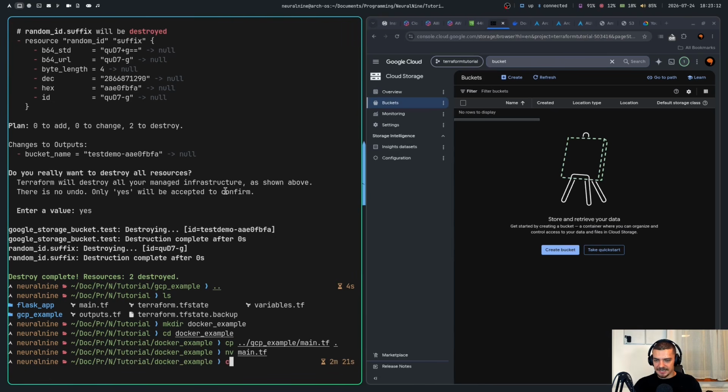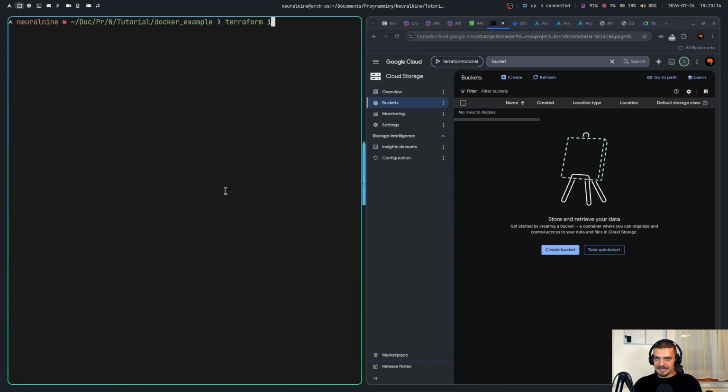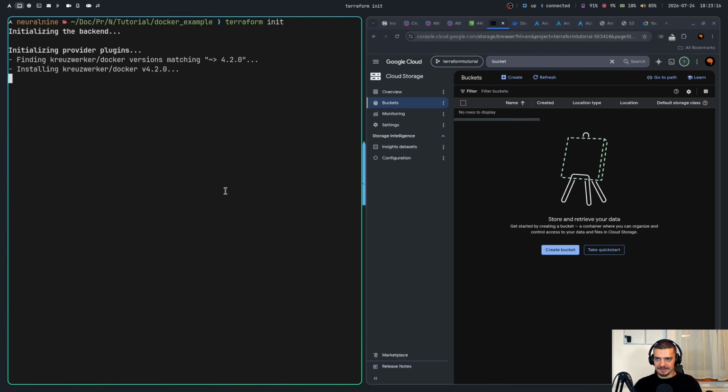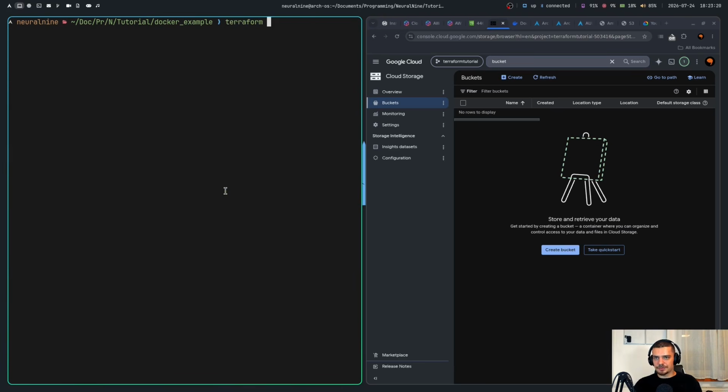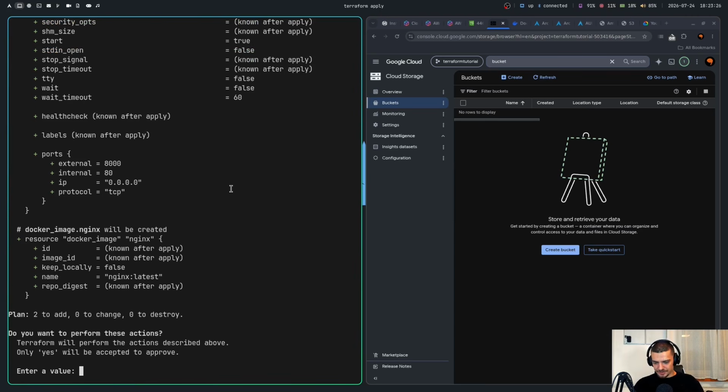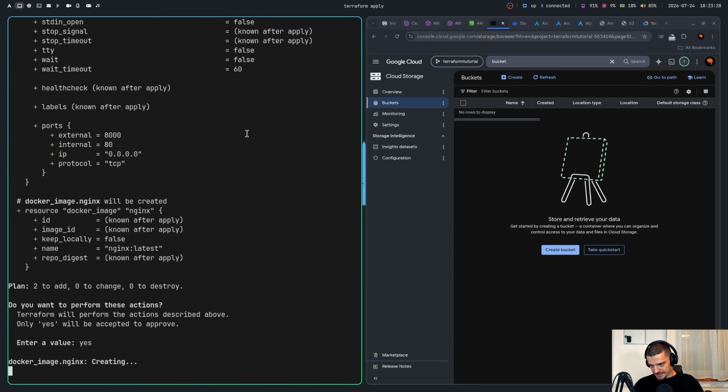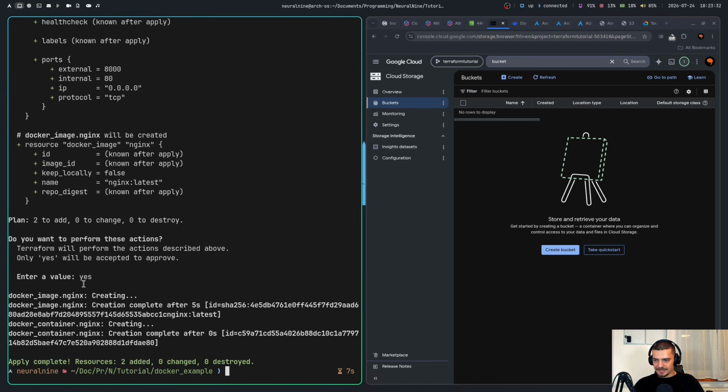I just need to say again, Terraform init to actually get the provider plugin. Then we can do validate to see if I made some typo again. Oh, this time I didn't. Great, apply. And then this is going to run everything here locally with a container. So this actually spawns a Docker container, creates the image and gets the container running.